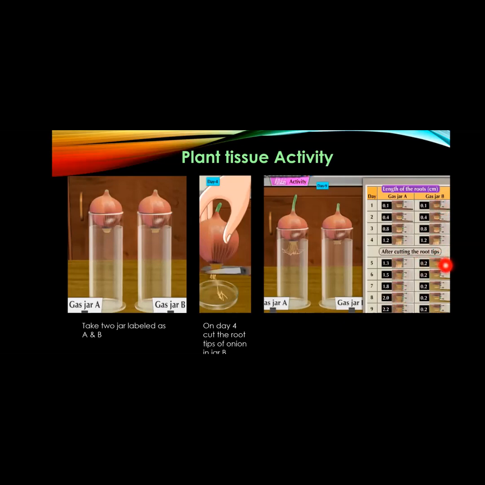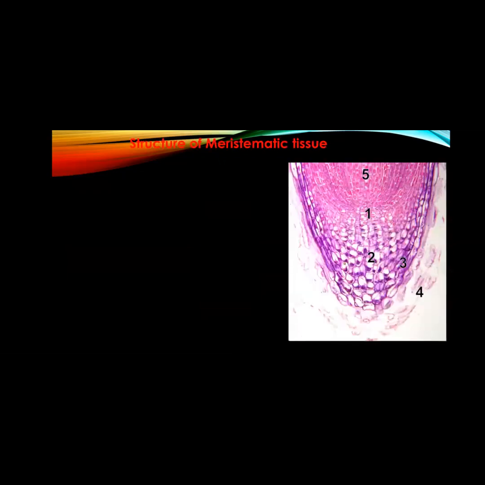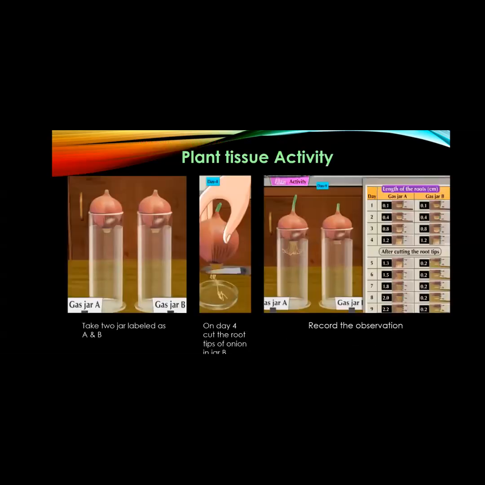After cutting the root tips, it is same, 0.2, 0.2, 0.2. Now, why has this happened? Why has the root not grown of the onion in jar B? The reason behind that is the